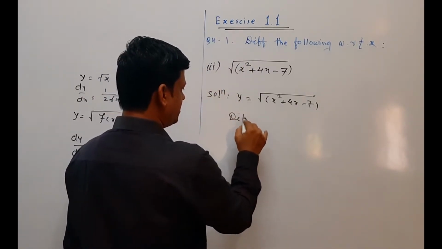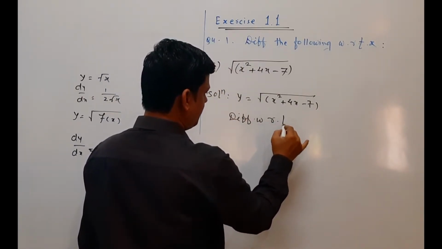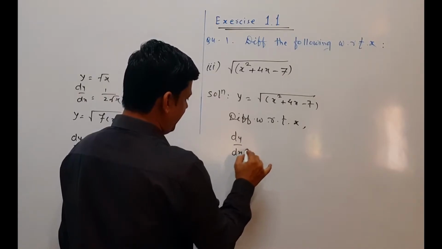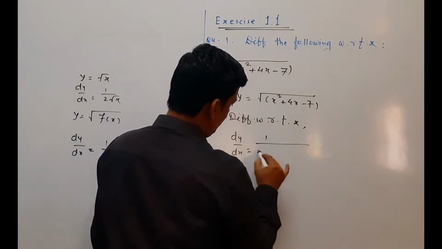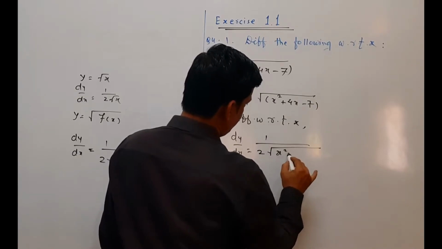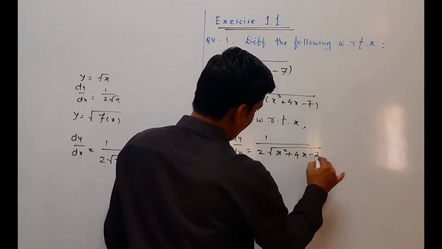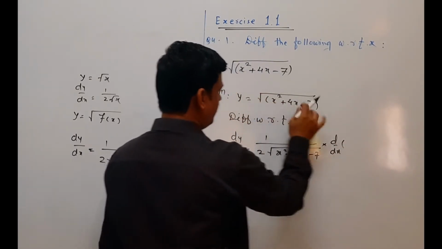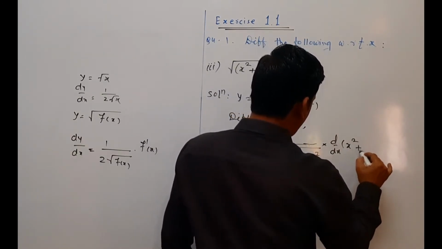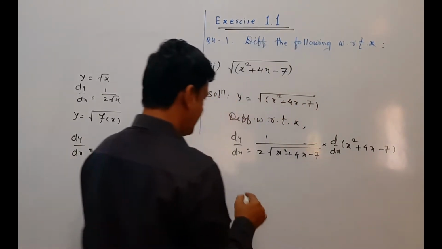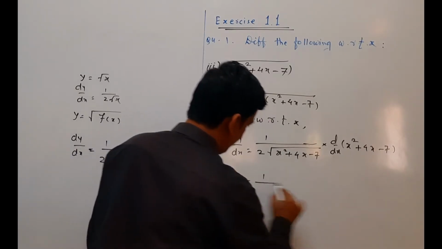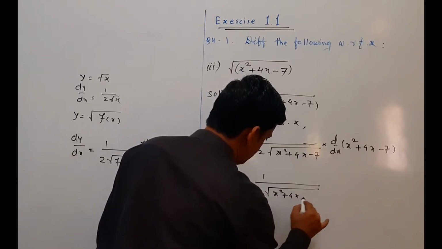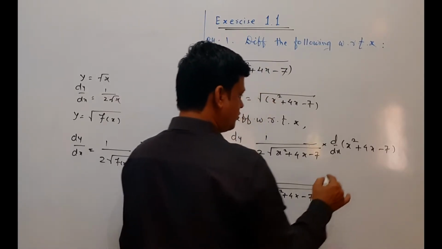So we differentiate with respect to x. We get dy by dx, derivative of this root as 1 upon 2 root. So we write here x square plus 4x minus 7, then into d by dx of f of x. In place of f of x in the bracket is x square plus 4x minus 7. So we write this as 1 upon 2 root x square plus 4x minus 7 into,